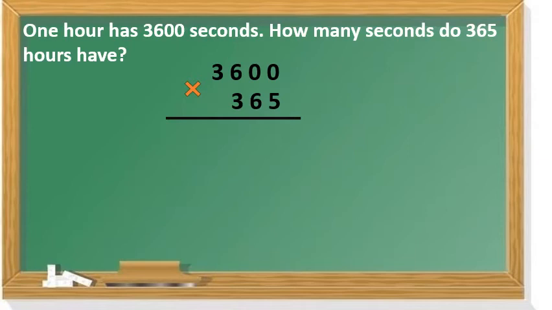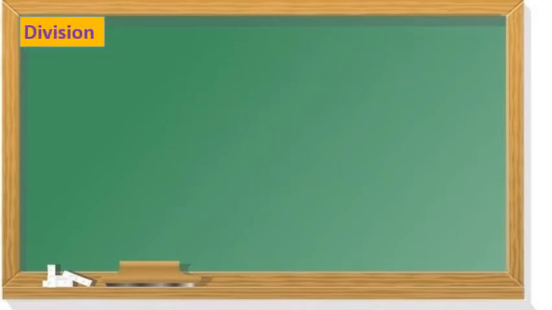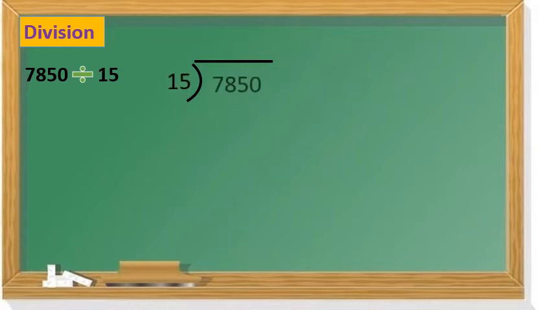Okay? Now we will move to division. Division sum we will take. Here for division we also need subtractions and tables. This is the division mark. You know, from third standard you started to do division sums. 7850 we will write inside and 15 we will write outside. Now we always start division from the left-hand side.